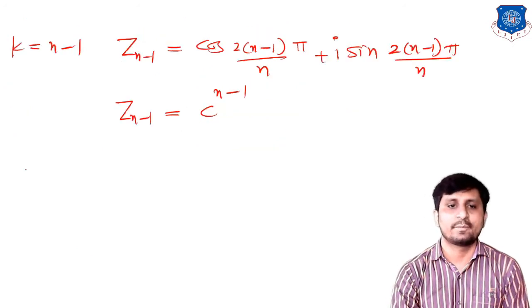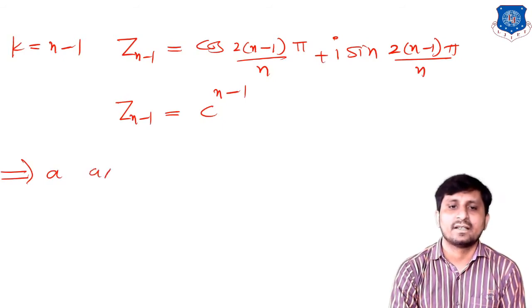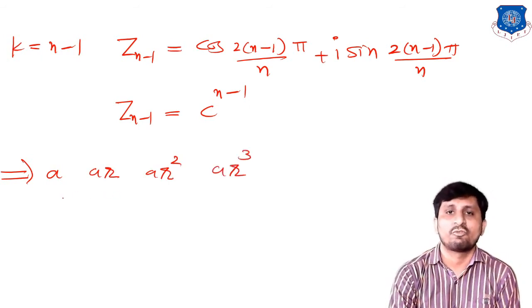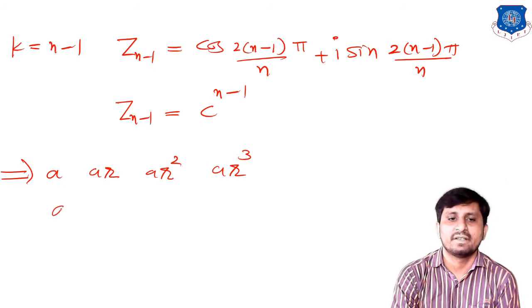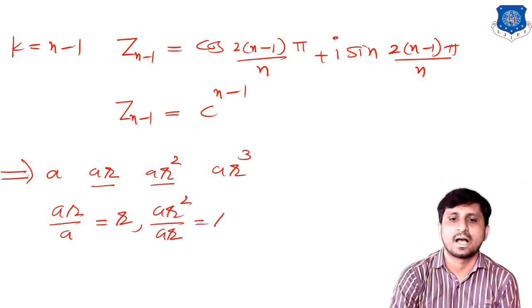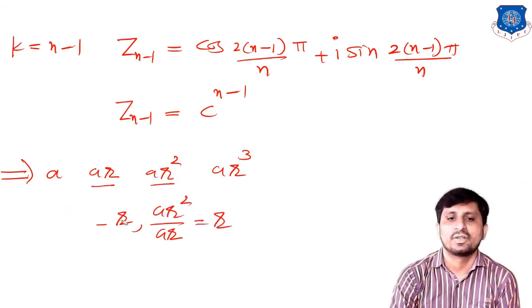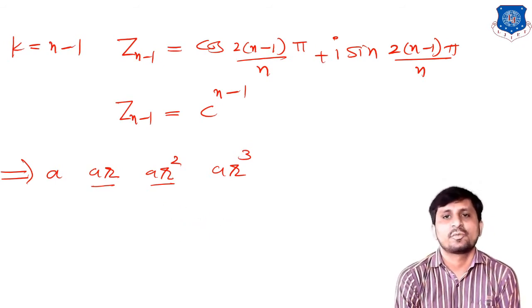What is the meaning of geometric progression? This type of sequence or series: a, then ar, then ar square, then ar cube. Okay, this is in geometric progression. Why is it geometric progression? When we divide consecutive terms, suppose we divide ar divided by a, so we get r. Suppose we divide ar square divided by ar, so once again you will get r. Okay, so the common ratio is common, so that's why we call it a geometric series, or sometimes we say the terms are in geometric progression.